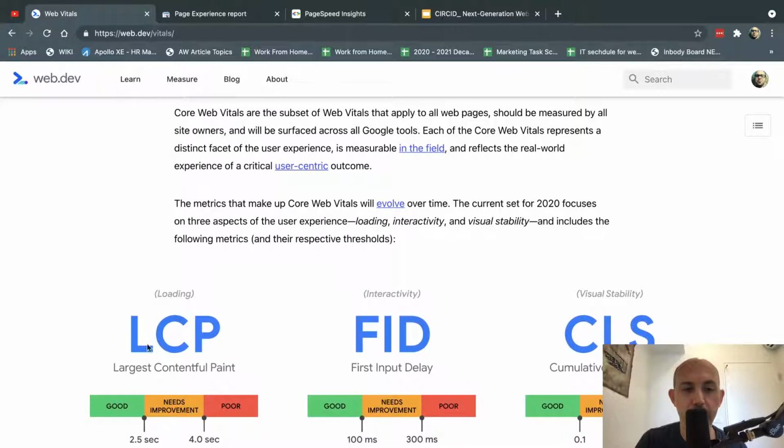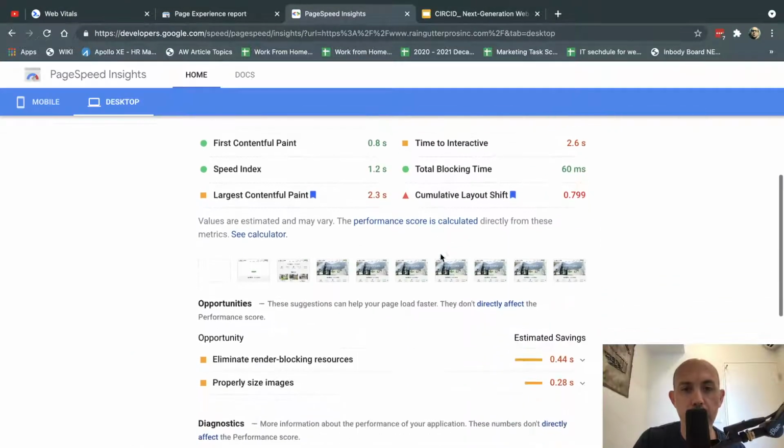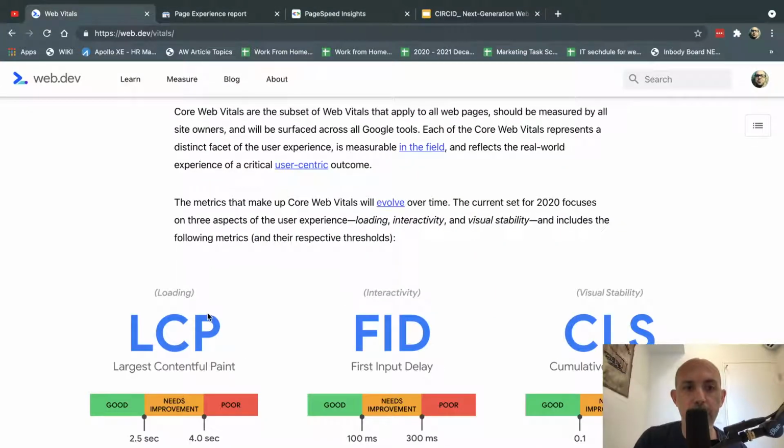So what is LCP, first of all? LCP means Largest Contentful Paint. Very simply, if you load the web page right here, you'll see in the score that the web page is first requested. For example, you go to the browser, you hit enter, and then it takes a little time till you start seeing some initial information, and then eventually more things load, and then eventually everything loads. So for the Largest Contentful Paint, that means what is the biggest part of the website, for example a big banner on the homepage that loads, that helps the visitor understand, oh, this page is full.